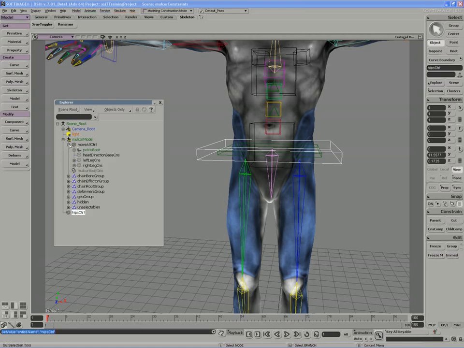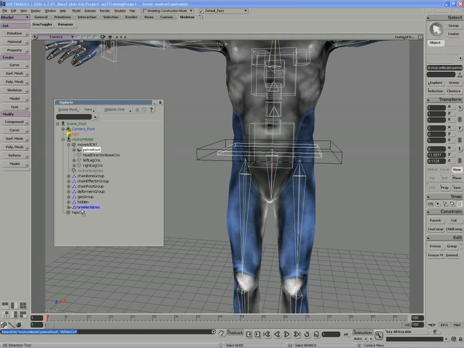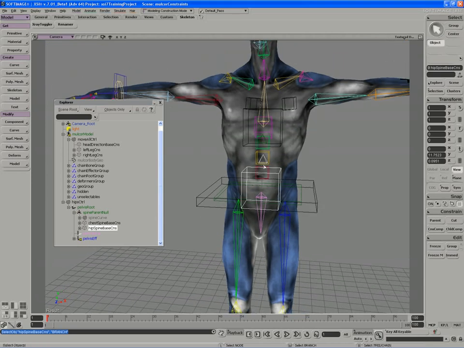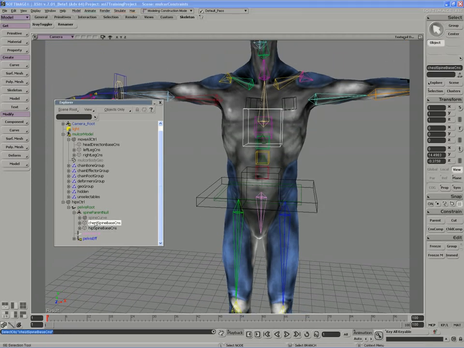I'm going to open up my hierarchy here and just make a few changes. I'm going to take the pelvis root and drag and drop it, so the whole skeleton is now coming out of my model and becoming a child of my hip control. And all I really need to do under the pelvis root now is to find the chest and spine objects, the chest and hip objects that I've used to build the spine rig. And I'm going to move the chest object